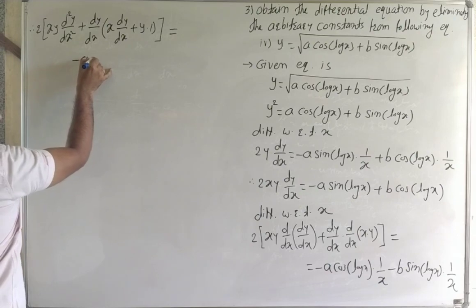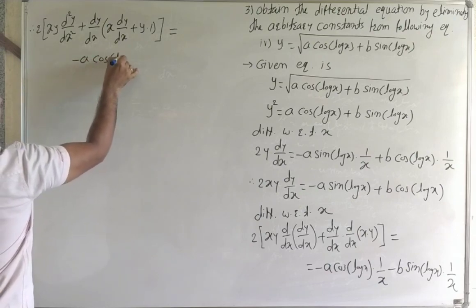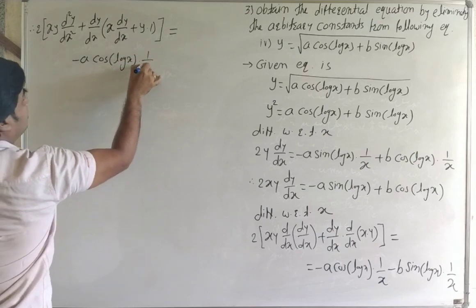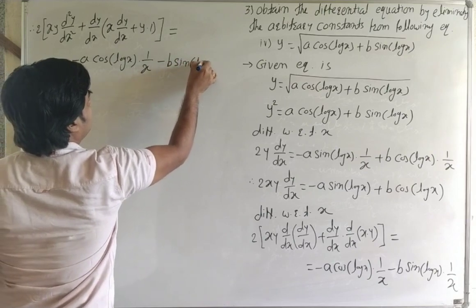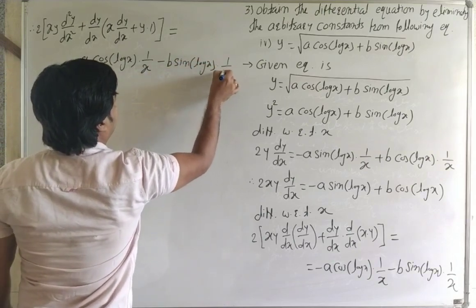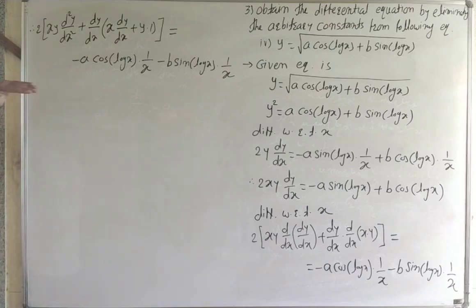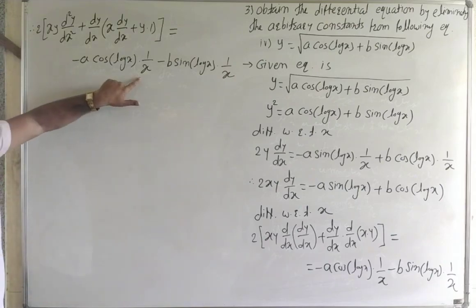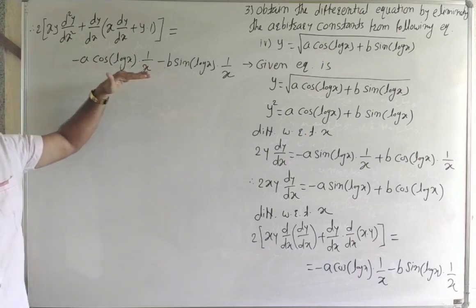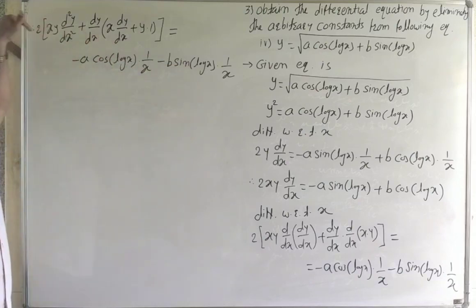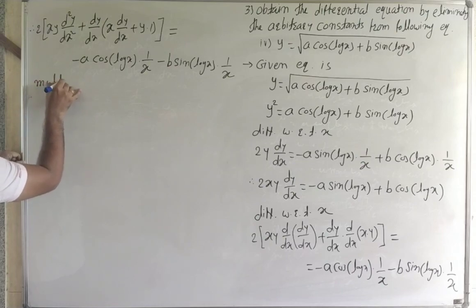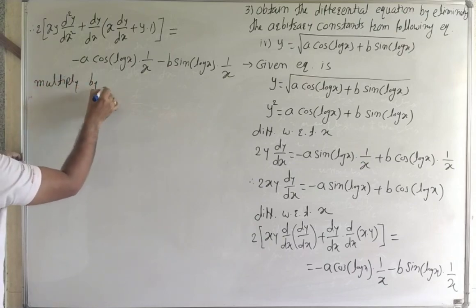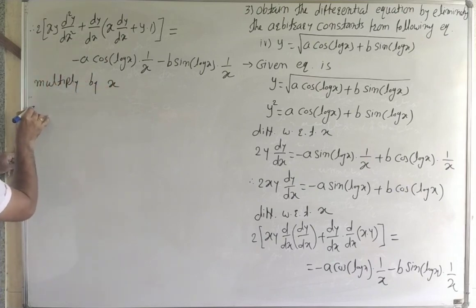minus a cos of log x into 1 by x minus b sine of log x into 1 by x. Okay. Now throughout multiply by x. Here it is 1 by x, so when we multiply by x, the x gets cancelled. Therefore we write here multiply by x. Then we get this